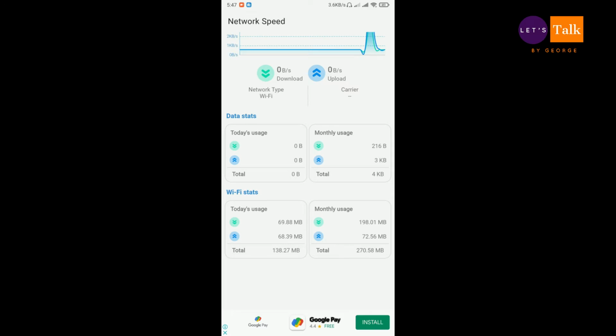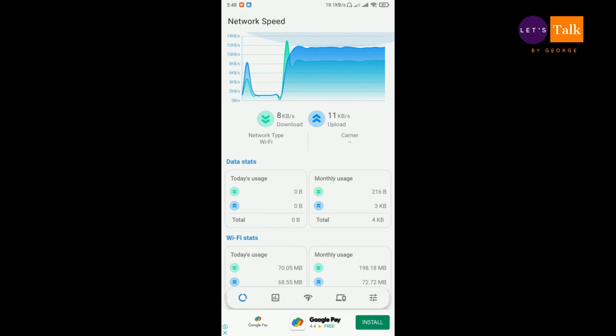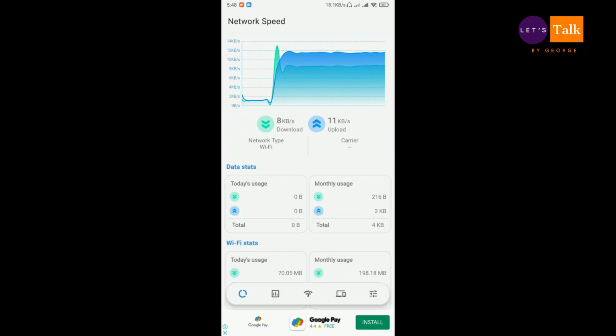Once you have enabled permission, it has started to get some data. We have the Wi-Fi usage statistics in the bottom side, and my data usage displays 0 because I don't use mobile data, so it is always 0. If you use mobile data, it will display that. Two kinds of data usage are there. One is daily usage and the other one is monthly usage. It keeps on updating, so no need to worry about it.